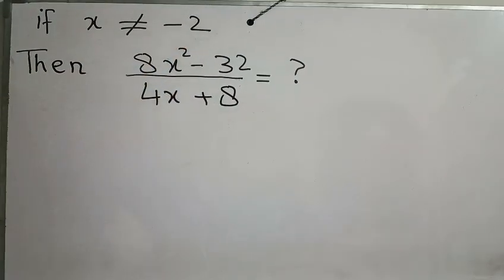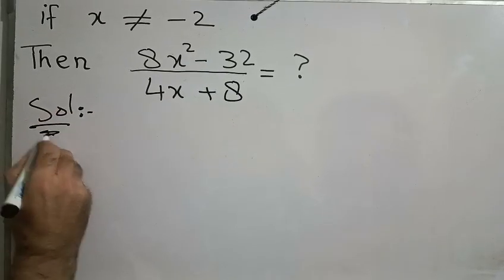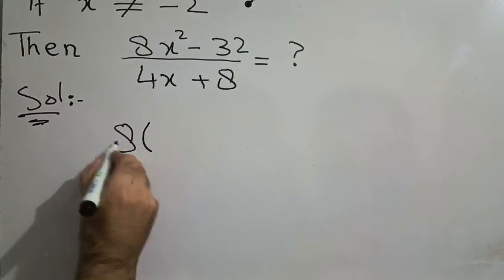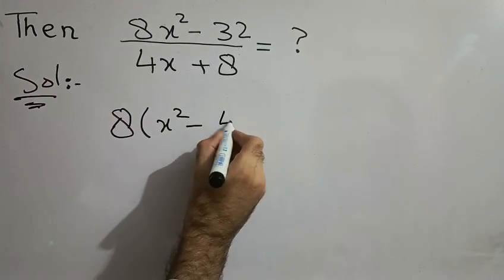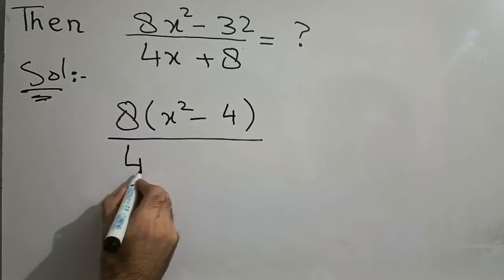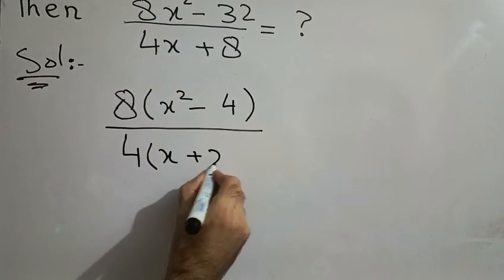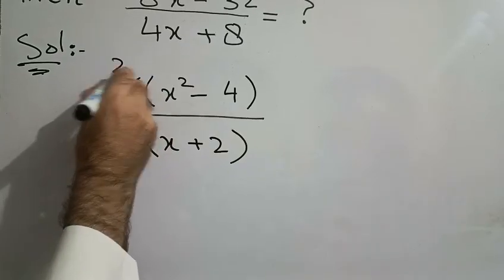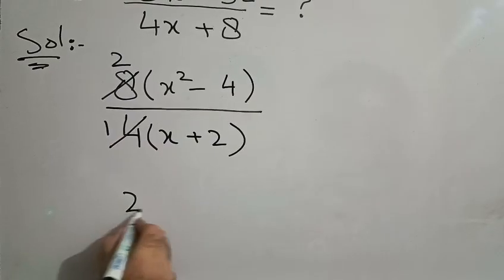Now let's try to solve this question. So, solution: we will take 8 as a common. So 8 (x square minus 4) divided by 4, we will take 4 as a common, (x plus 2). Now 4 and 2 for the 8, so it will become 2